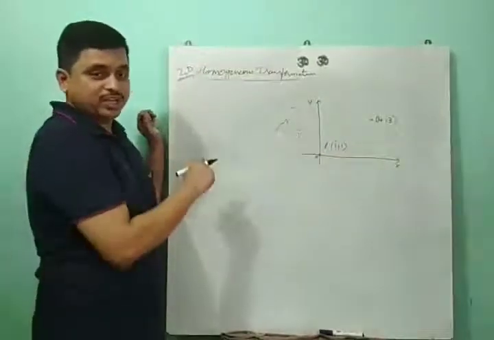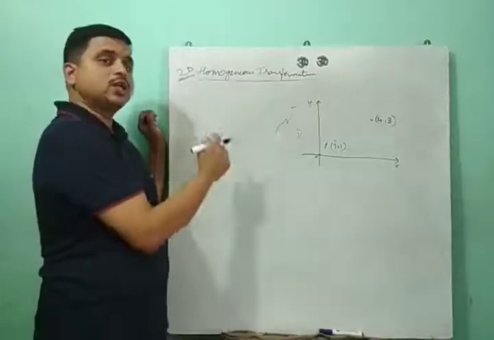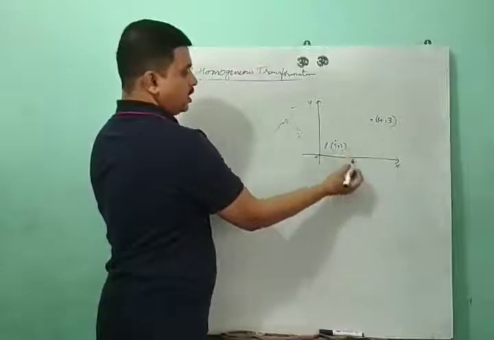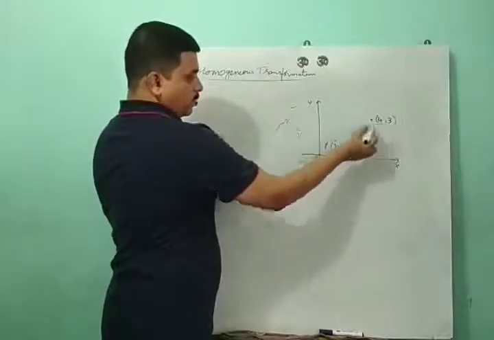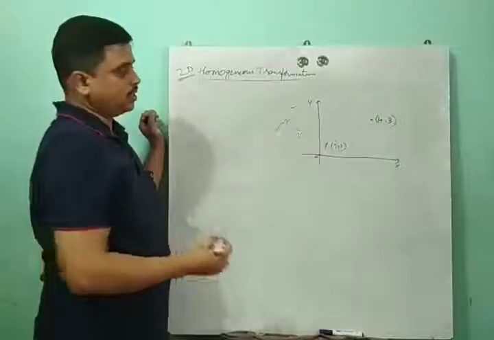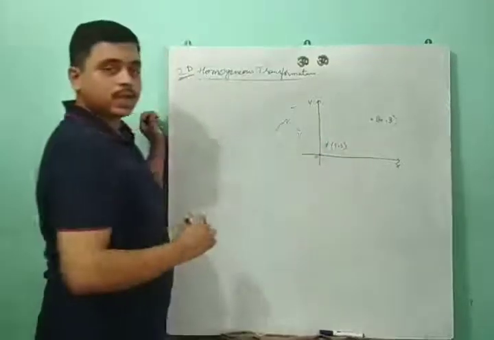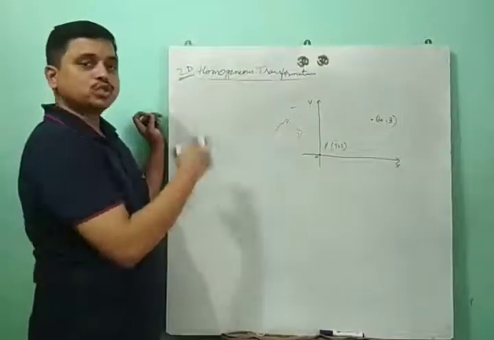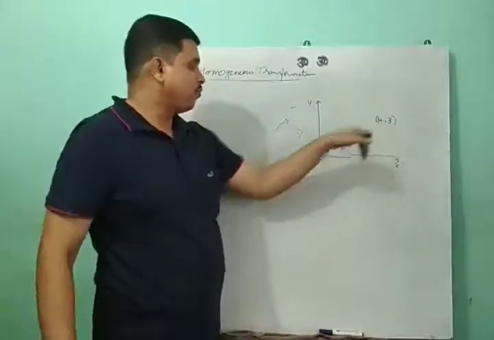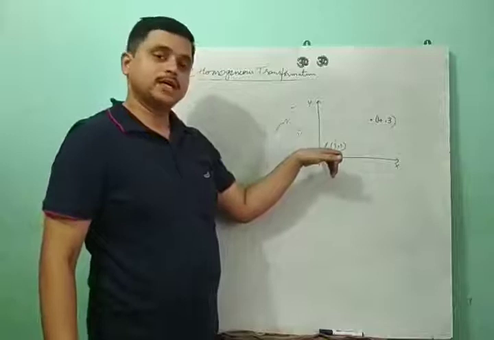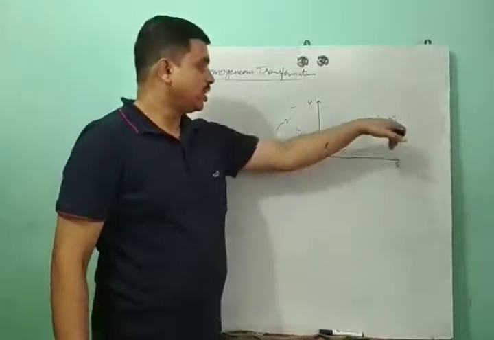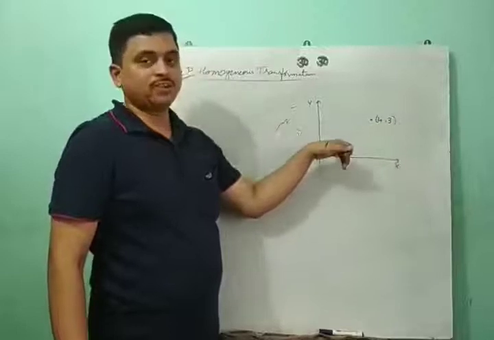But the equation we have for rotation is about the origin, not about an arbitrary point. So here we need to rotate the point (4, 3) about an arbitrary point, that is (1, 1). Then how to solve this problem? We have a rotation matrix for rotating from the center, right? So to rotate this point around this point, what do we have to do?